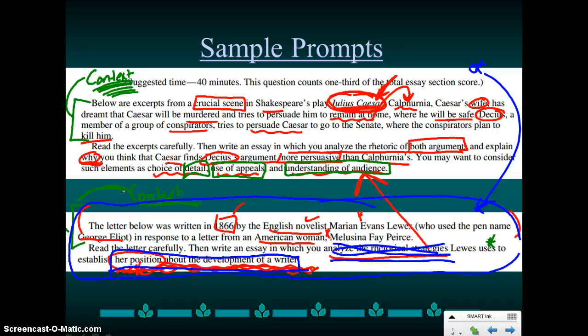So that's how you will go about assessing and identifying and taking a look at a sample of prompts. That's what you would do to prepare to write. Now the next video will walk you through a sample piece of writing, which is a rhetorical analysis essay.